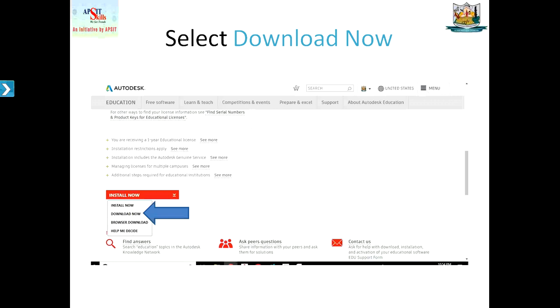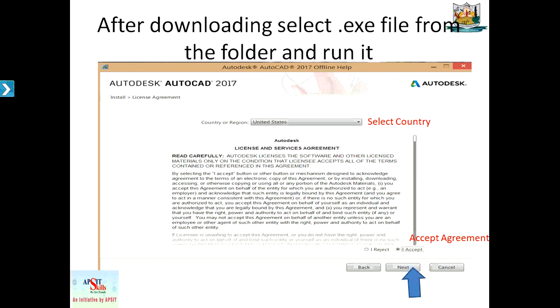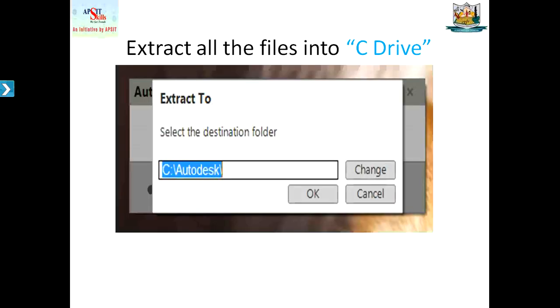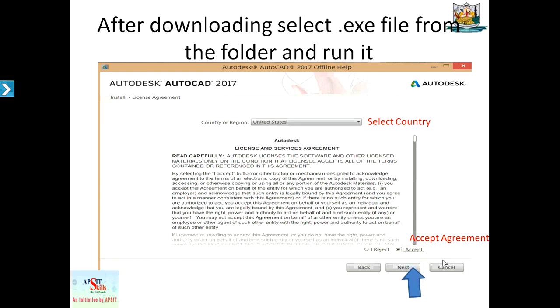Click on that application manager, and then you will get a prompted window like the license agreement. Then you have to select your country, then accept the agreement, and click on next.